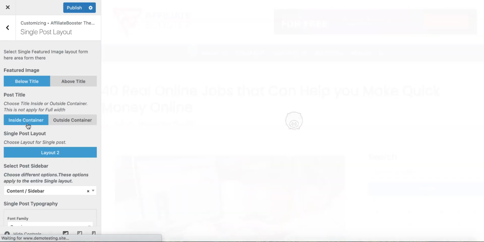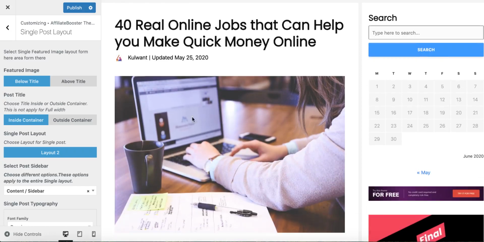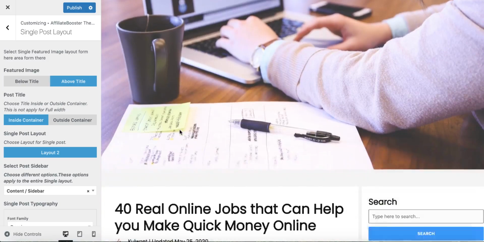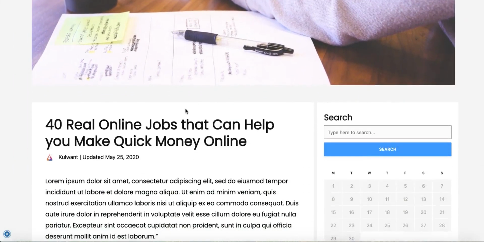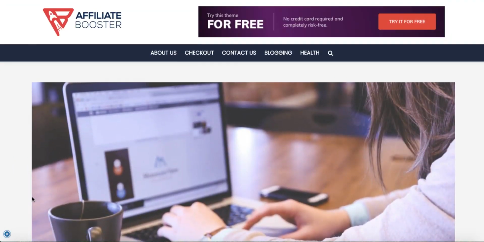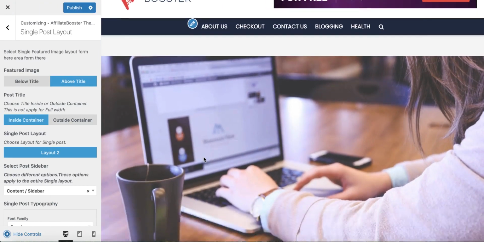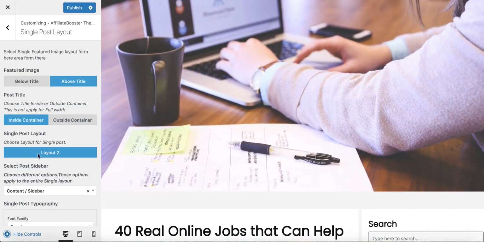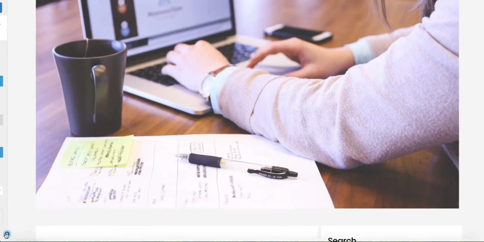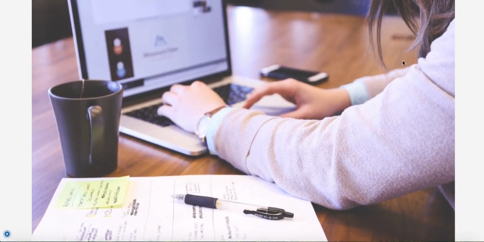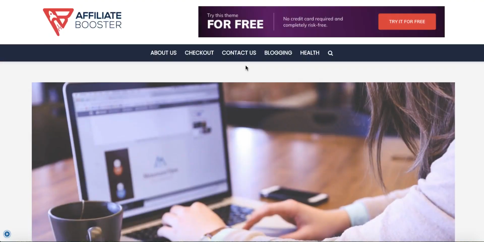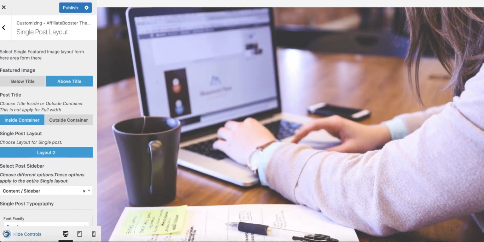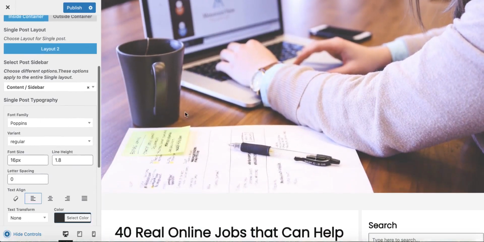It's simple and easy. Now the image is here. This is the featured image. If you want it above the title, simply click on above title, and you see the image is above the title now. Now we are going to add, I think, 6 layout designs, which I will reveal very soon. Right now there is only one layout design. We are going to add 6 layouts where you would have the featured image here and the title above the featured image, title below the featured image, like there are 5-6 different layout designs which we are going to add very soon.